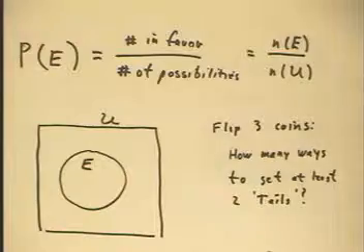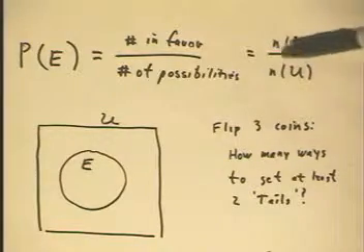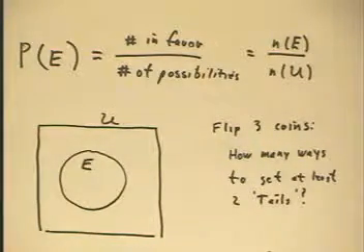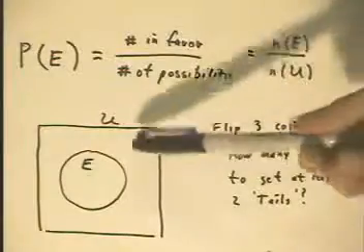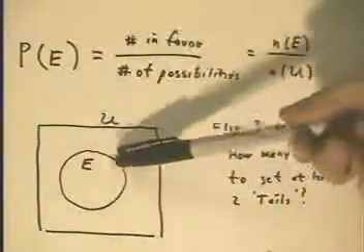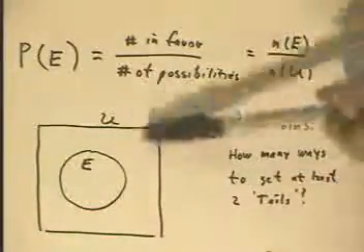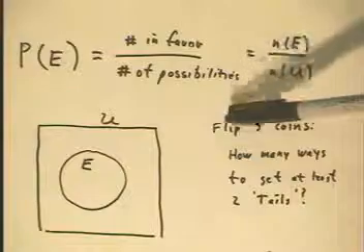The idea of a sample space, again, if you flip 14 coins, the sample space is a list of all possible combinations of heads and tails, actually all permutations of heads and tails that you can get on that experiment. A picture of probability is a universal set of possibilities with an event being set within that universal set. If we flip 3 coins,